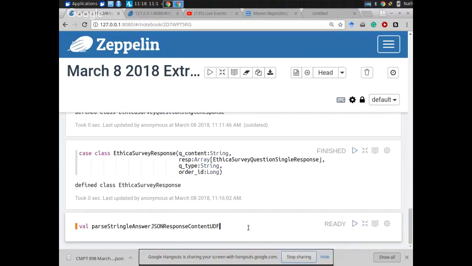Now this is going to be a UDF. So what are we going to apply it to? We're going to apply it, ladies and gentlemen, to a column. We're going to apply it to a whole column of answers, and we'll get back the response from that. So we're going to be able to take a column of these guys